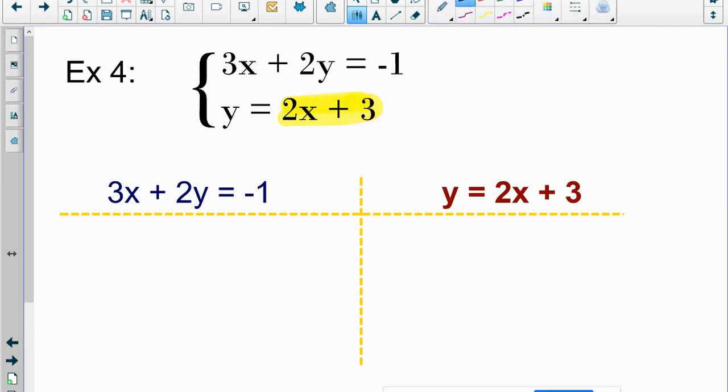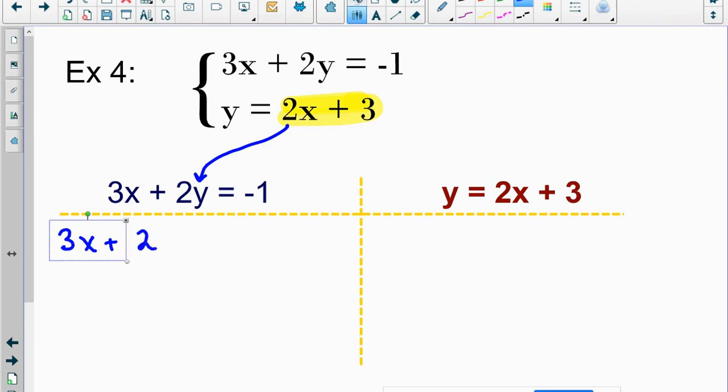Since they're the same, I can do an equal substitution. So I take my first equation, 3x plus 2y equals -1, and I am going to rewrite that equation, but I am going to replace the y variable with 2 times x plus 3. Now, when I do this, I have to be extremely careful to maintain all of the operations in this equation. What I mean by that is I have to be careful to